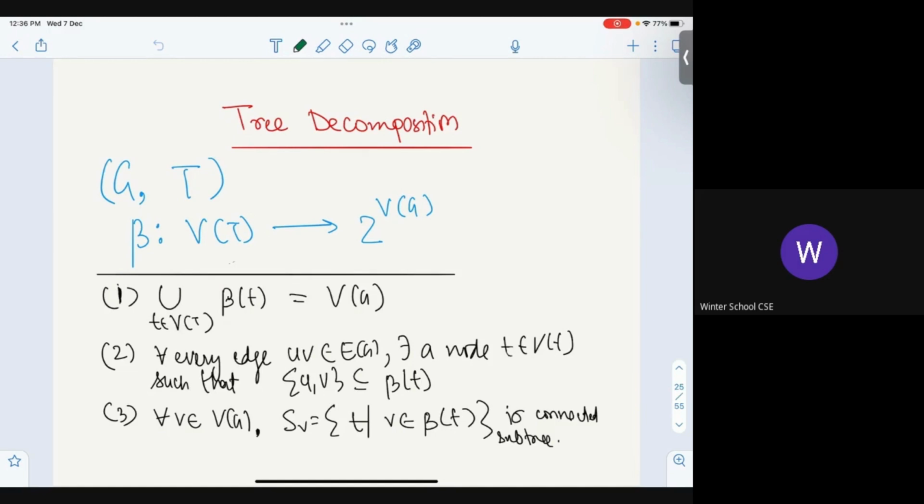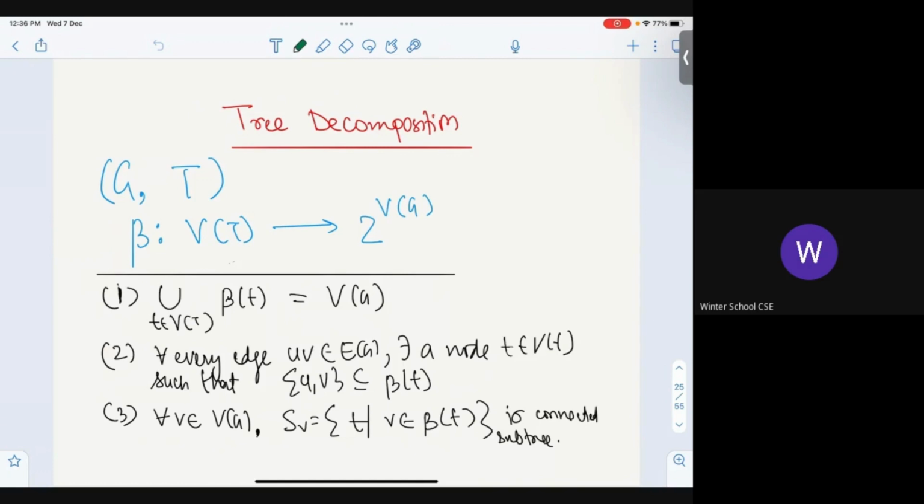Second, once you define it that way, given a load function, I can define a beta function. G and T remain the same, and if I have a load function F defined, I can define beta for every node, all those vertices which have a home. And now you can show beautifully that this beta satisfies the following three properties.